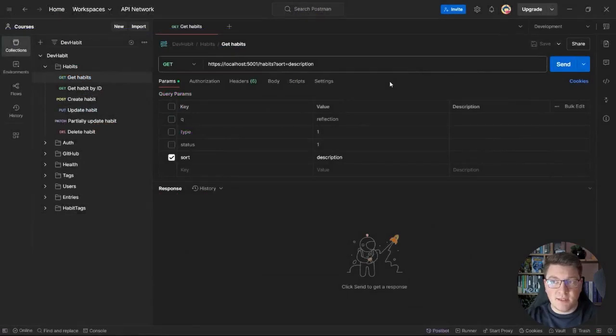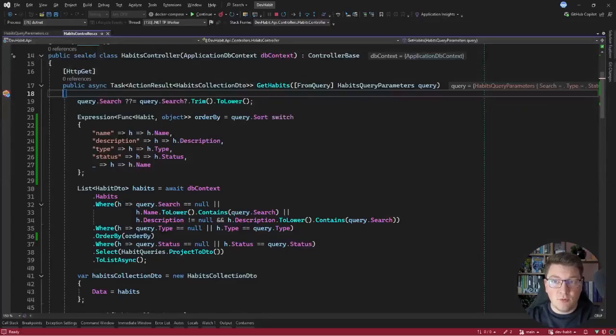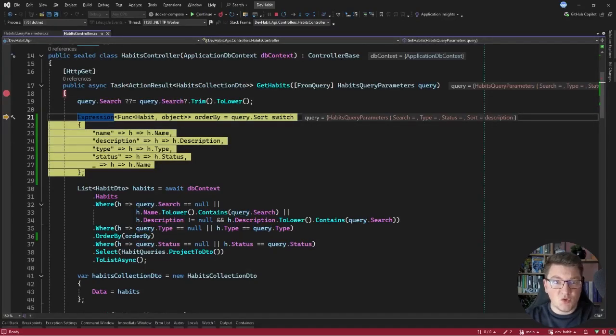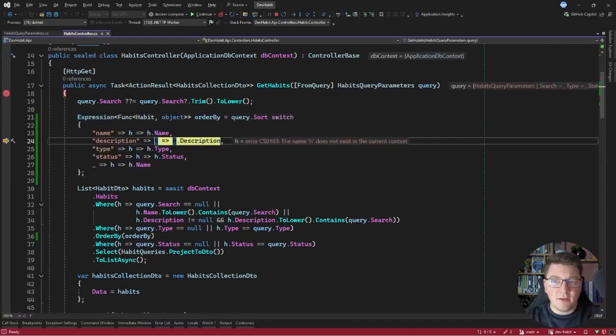Inside of Postman, let's send a GET request to our API with a new query parameter. We're going to call this sort, and I'll specify the value of description. Let's send this request, and we're going to land on the breakpoint inside of the habits controller. What I'm interested in is the switch expression that I have here, and you can see that the sort value